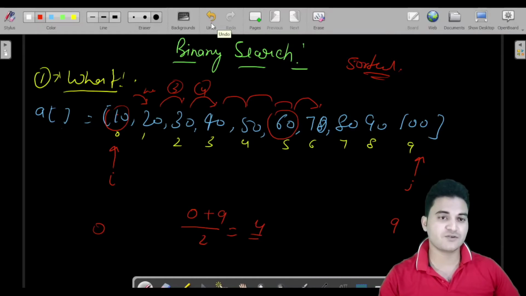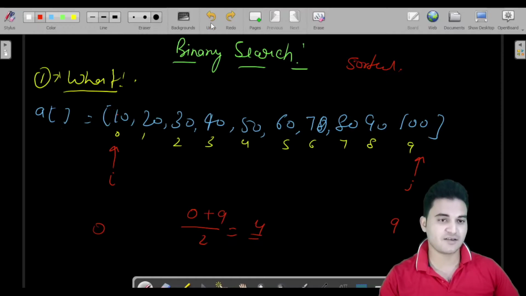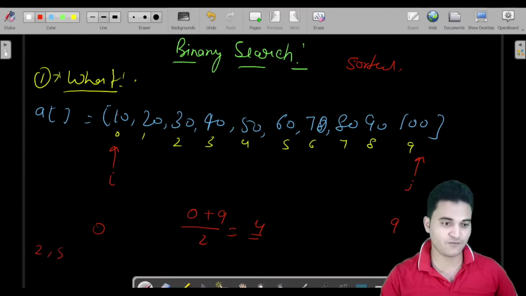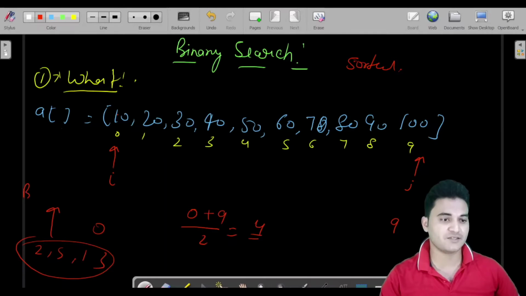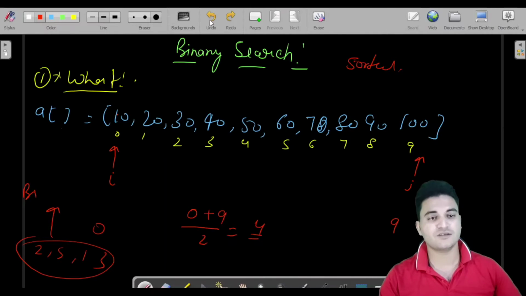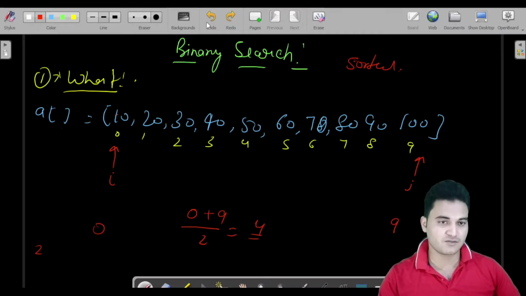So let us focus on this. That means the array would be in sorted format only. You would not be provided an array like this. Let us say you have 2, 5, 1, 3. This is not a valid array to perform the binary search. So this is not a valid input. So coming to the